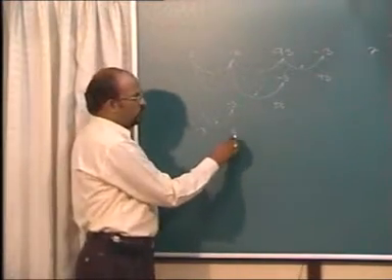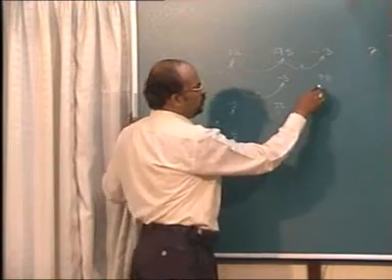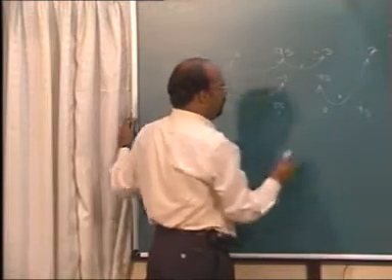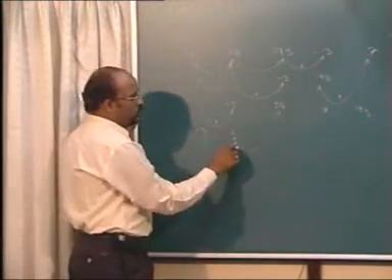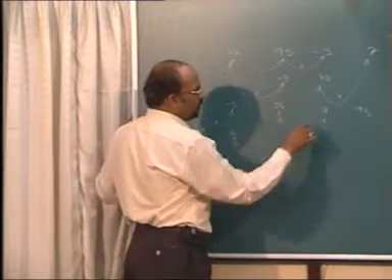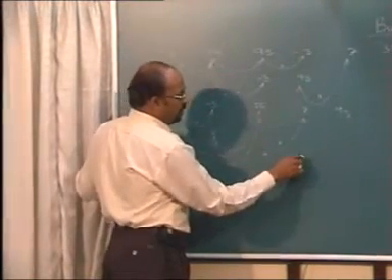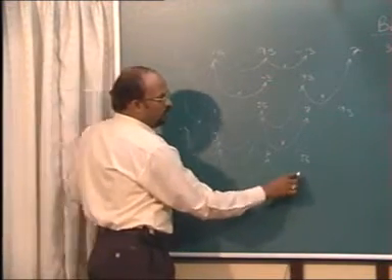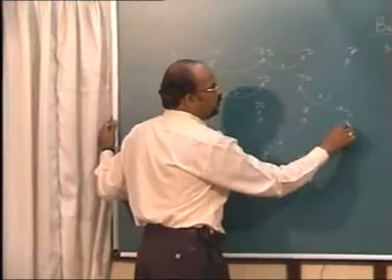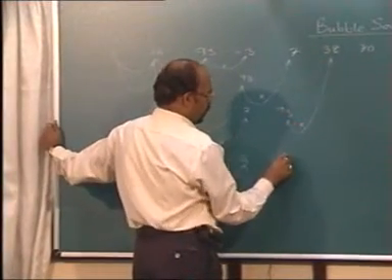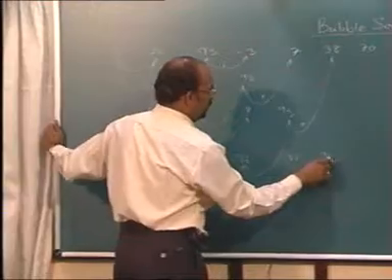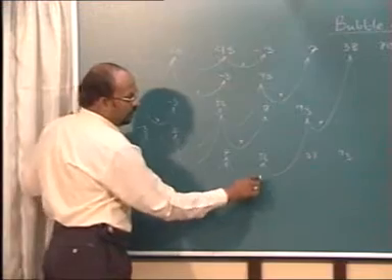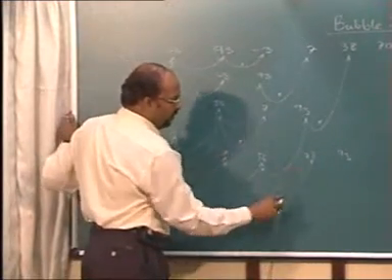First with second, true. Second with third, true. Third with fourth, true. Fourth with fifth, false. Interchange. First with second, true. Second with third, true. Third with fourth, false. Interchange. First with second, true. Second with third, true. Fourth, true. Fifth, true. Sixth, false. Interchange. First with second, true. Second with third, true. Third with fourth, true. Fourth with fifth, false.